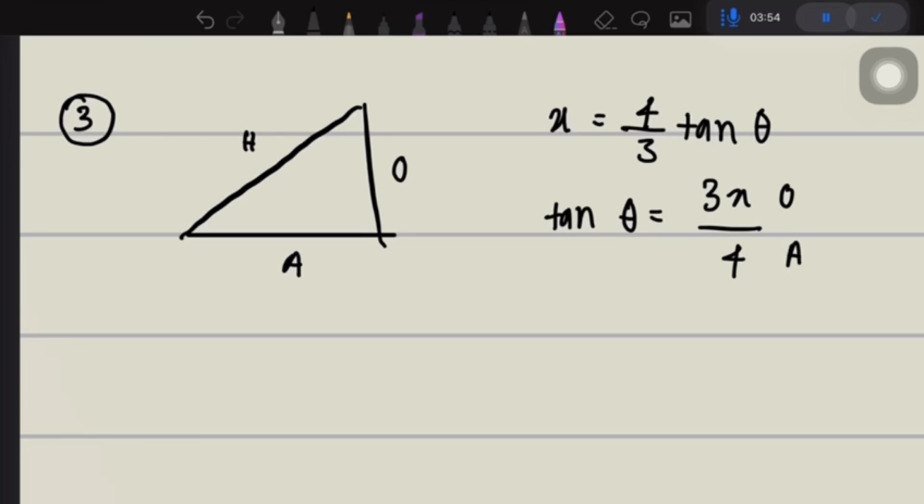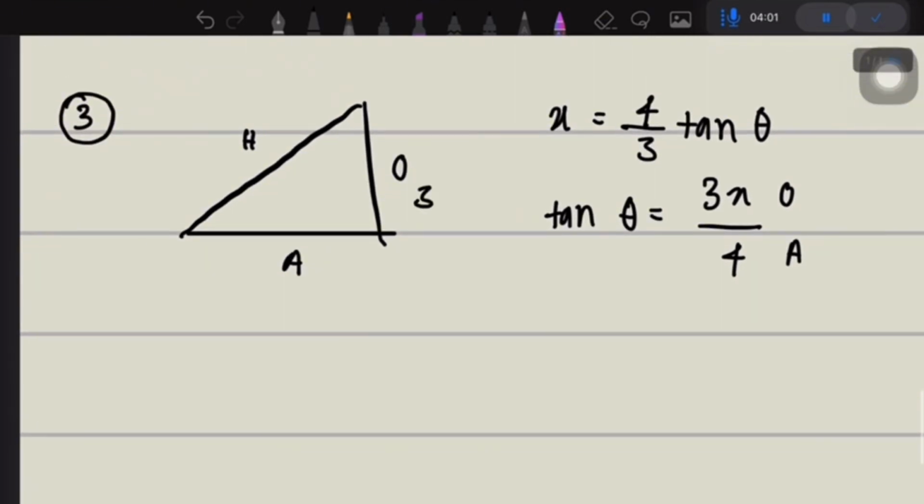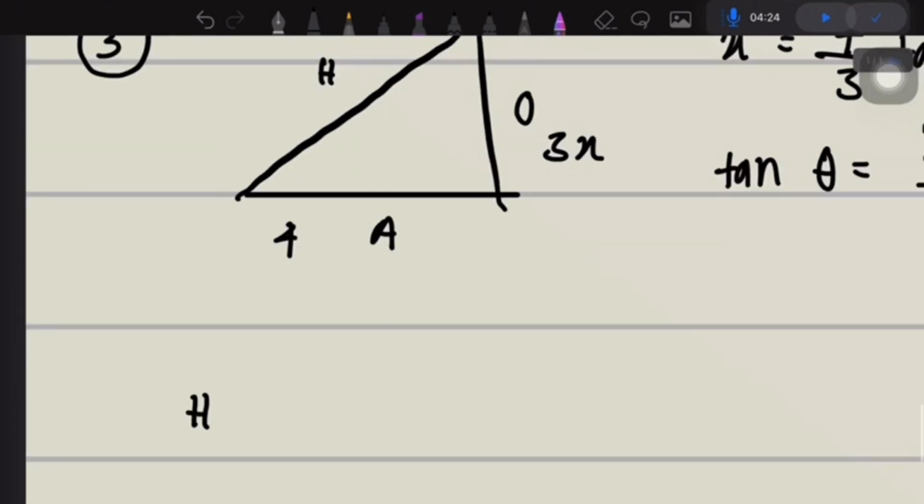Tangent is O over A, so this is O and this is A. The opposite side is 3x. We just rewrite on this right triangle. And next, the adjacent side is 4. So we have to find the h, which is